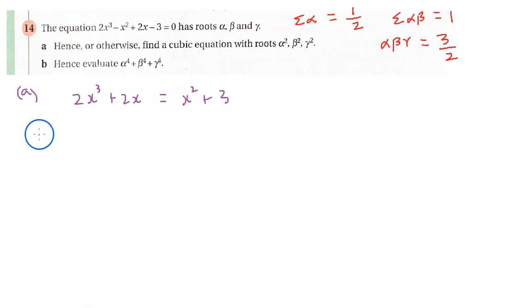And then observe that since there's only odd powers on this side and even powers on this side, and an odd number plus an odd number makes an even number, and an even number plus an even number makes an even number, if we go ahead and square both sides, we're going to have only even powers of x in our equation, and also they're going to be twice as big. So squaring both sides,